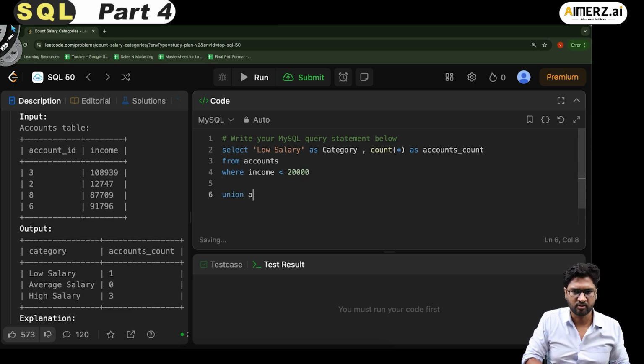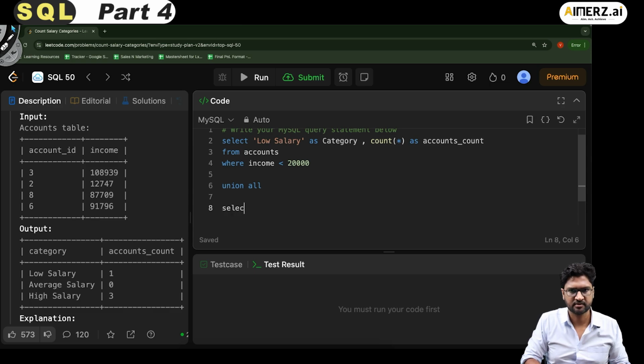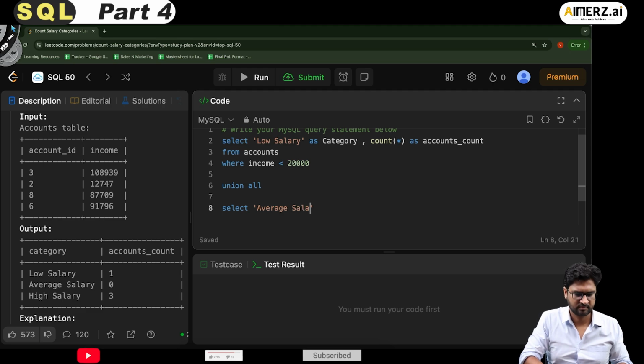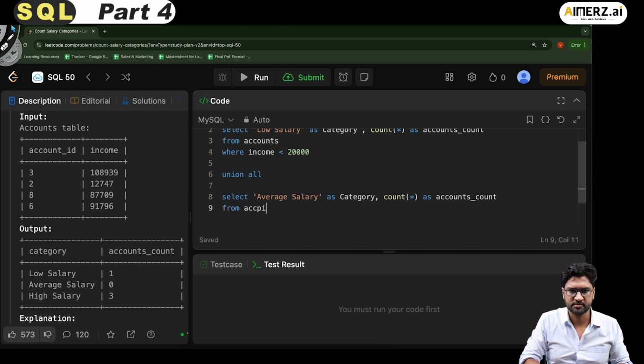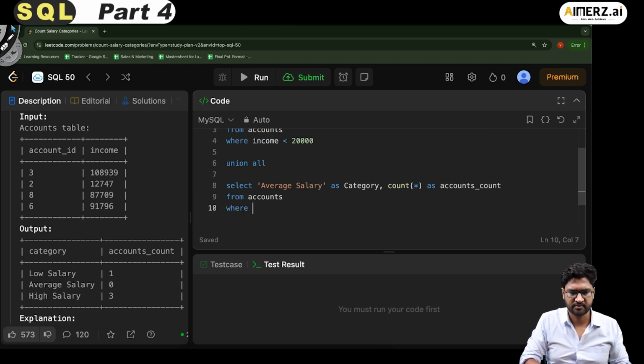And then I say union all, and similarly select average salary as category, comma count star as accounts underscore count from accounts where income between 20,000 and 50,000,